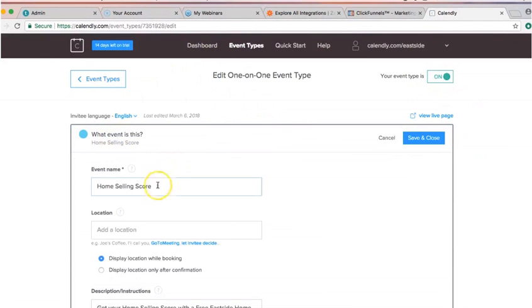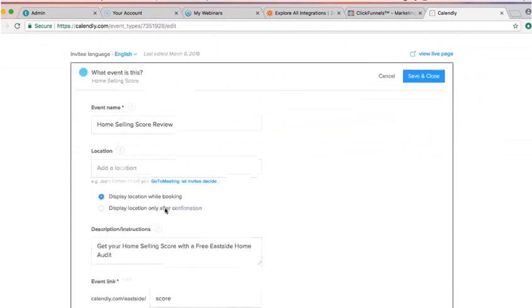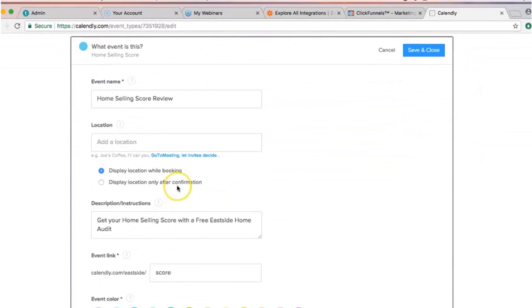Okay. And this is where you're going to rename it from whatever's your default to what you want to call this. I want to call it the home selling score review. Okay. I wouldn't worry about the location because the location is going to vary. You know, it's going to be dependent upon the homeowner's address. And then